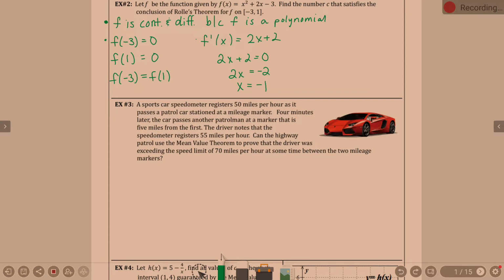Sorry, these extra zeros are throwing me off. Okay, final piece is we have to look and see where the slope of the tangent line and the slope of the secant line are the same. Okay, so at what c value? Basically, when they're both going to equal 0. So when we do this,